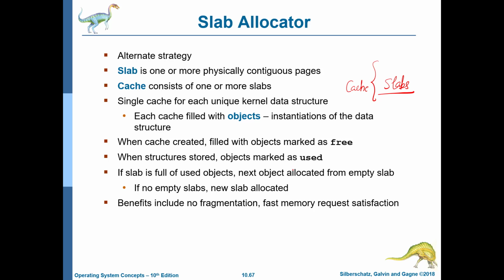How exactly does this work? We have a structure called a cache. It doesn't look like a real cache, but it's called a cache. Within a cache, we have these large regions called slabs, and a slab has nothing to do with any specific object. It's just a sequence of pages. Let's say the size of a slab is 8 KB, and the size of an object is 1 KB. Now we know that the maximum number of objects it can contain is 8.